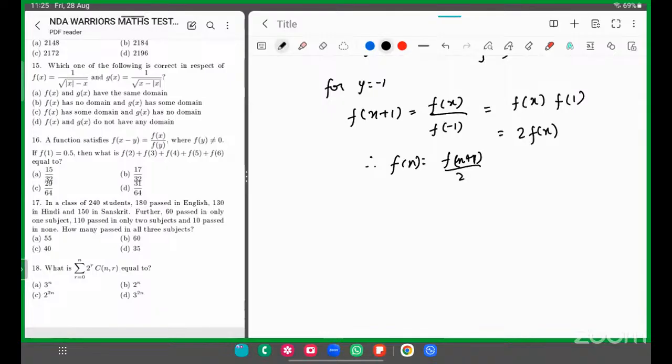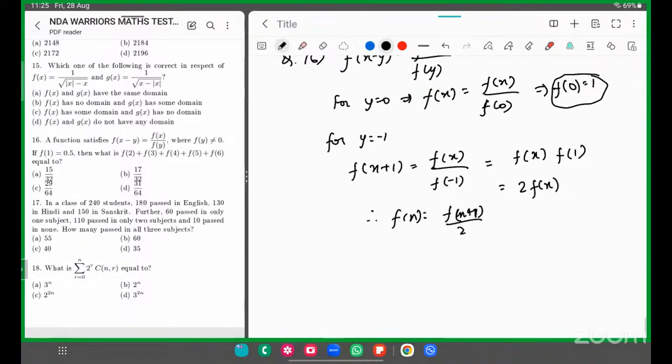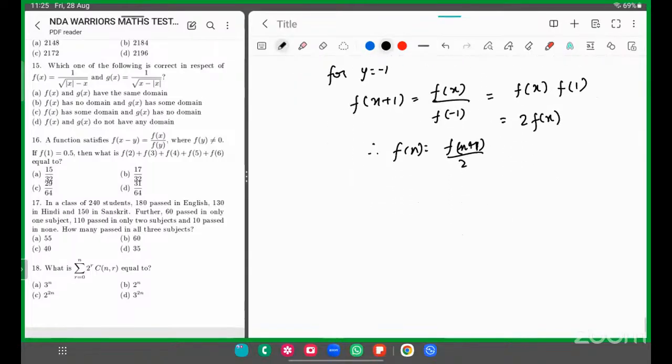f(x) का वैल्यू तो निकालना है ना पहले से, लेकिन मुझे यहाँ पे तभी तो आगे का काम हो सकता है, 1 का वैल्यू दिया हुआ था, 1 का वैल्यू यूज करने के लिए अगर x का वैल्यू हमने जीरो पुट किया सपोज वहाँ पे, y को जीरो पुट करके तो कर लिया हमने, अगर x को जीरो पुट किया होता था तो 1 का वैल्यू है ना, तो 1 हमें चाहिए वहाँ पे। f(x + 1) अगर 2 टाइम्स ऑफ f(x) है तो इससे हमें एक आइडिया मिल रहा है ना।